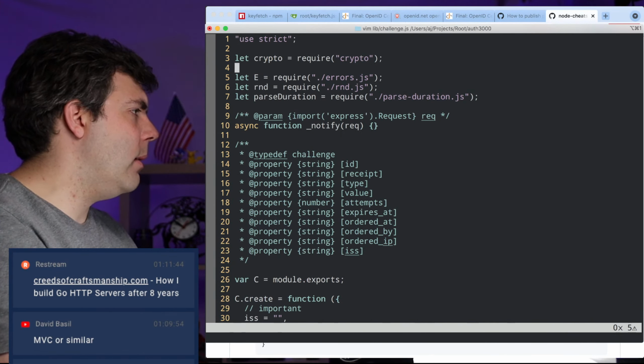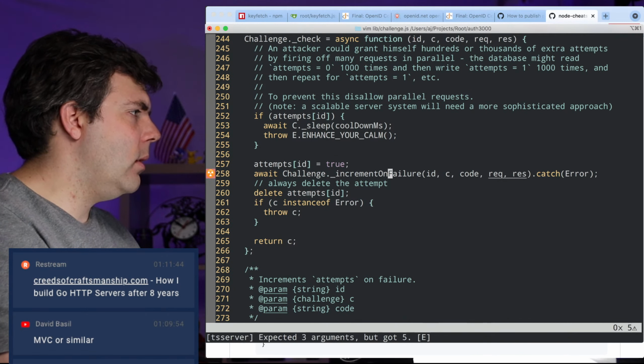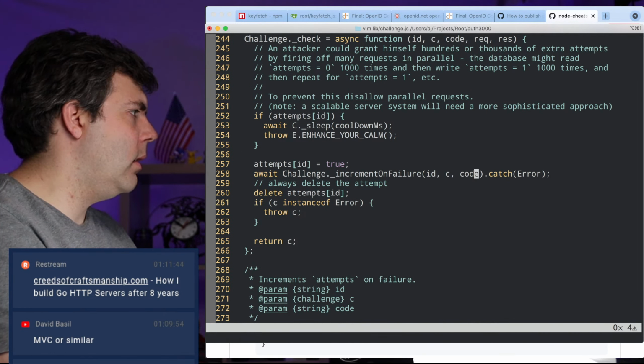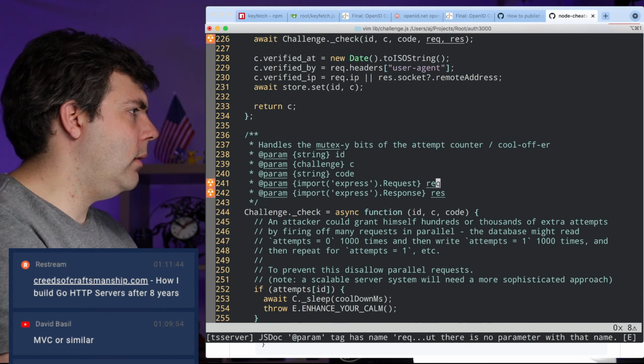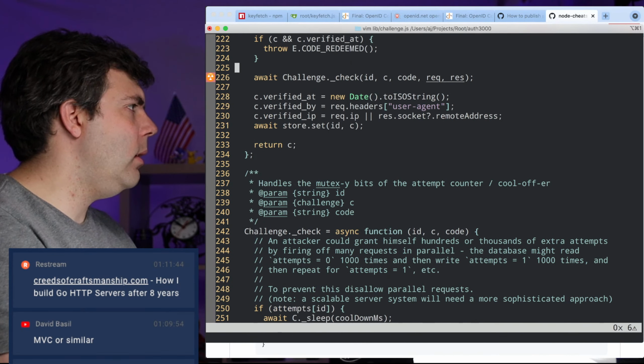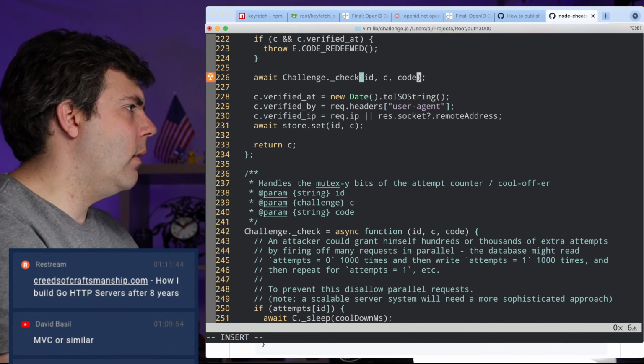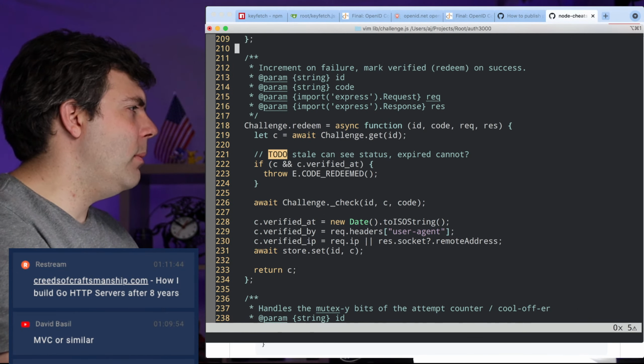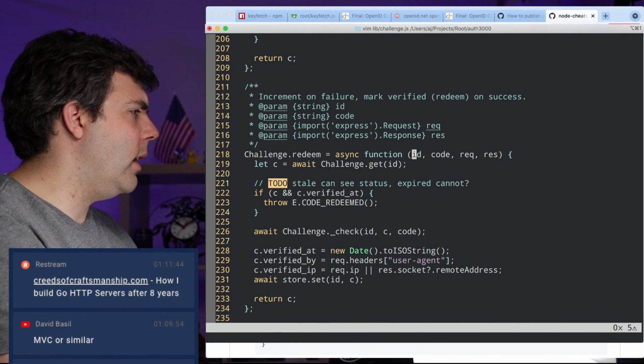Okay, so let's go back up then. And let's go here. Let's not pass that in. And then that means that we don't have to pass it in here. So we're eliminating some nastiness, some dependency that I don't really want to deal with. And if we did later on, I could just pass IP address. But I think that deserves to be in a different layer, to be honest.